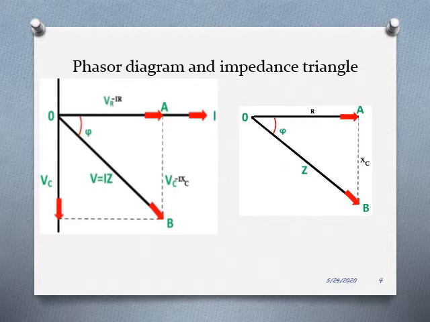Now we shall focus on the phasor diagram of an RC series circuit. Just like the RL series circuit, we have learned to draw the phasor diagram. Here also the method is exactly the same. First we will take the current vector as the reference. So we shall draw the first current vector OI. Now from this current vector we are going to build all other vectors.